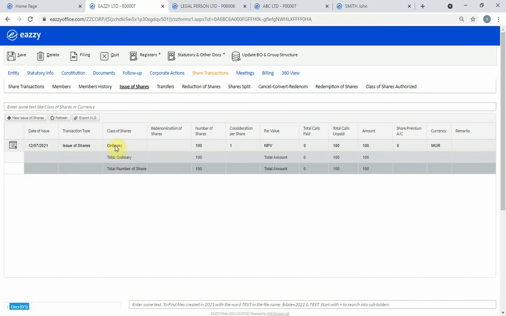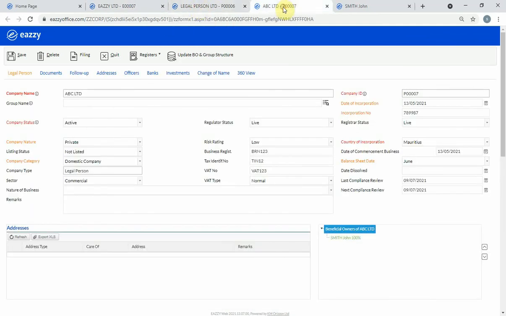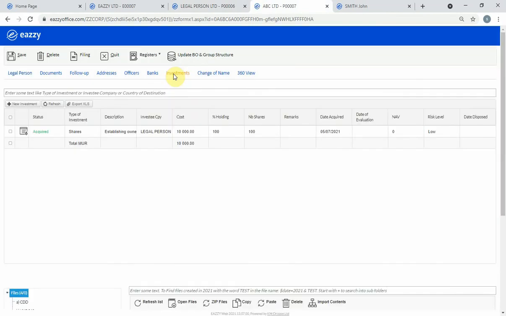Please note that only ordinary shares with voting rights may be used to create the UBO and group structure in Eazzy. Now Legal Person Ltd is owned fully by ABC Ltd, or in other words, ABC Ltd has invested in and bought Legal Person Limited. So this information is populated in the system by entering an investment that ABC Ltd makes as a share investment